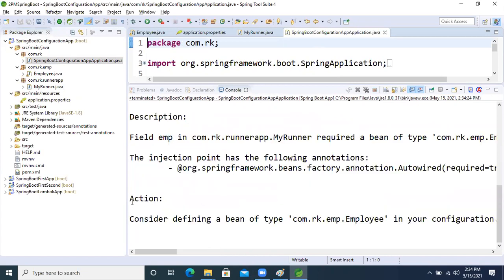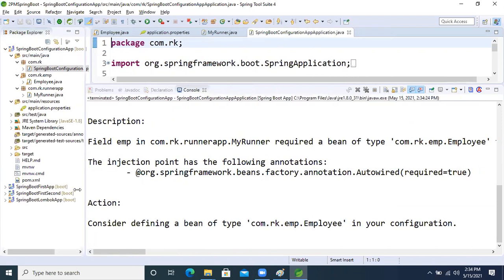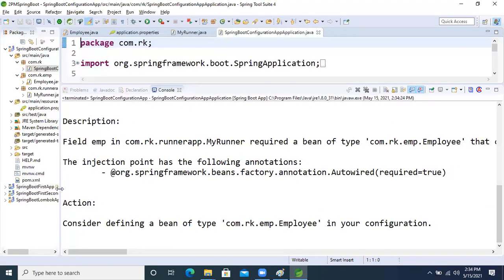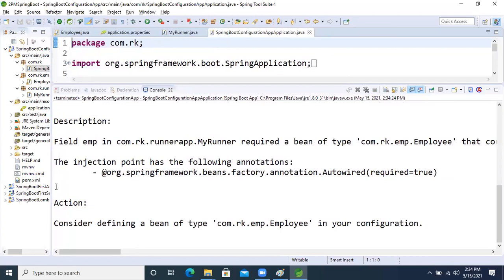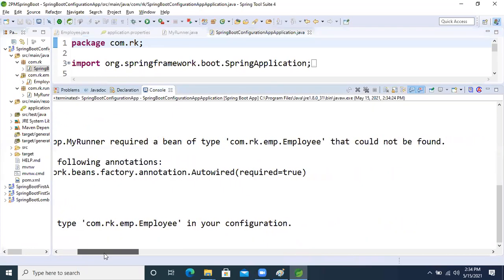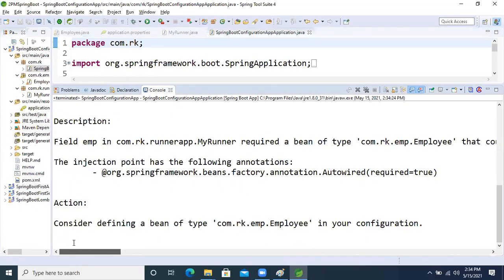Okay, no problem. We are getting an error. Read it. It says failed, emp in com.rk MyRunner required a bean of type com.rk.Employee that could not be found. Why? The injection point has the following annotations: required.